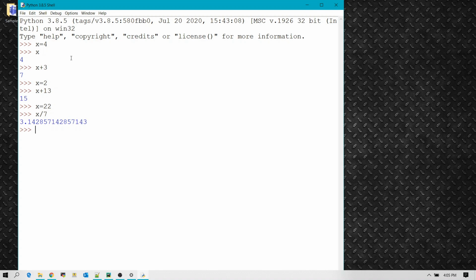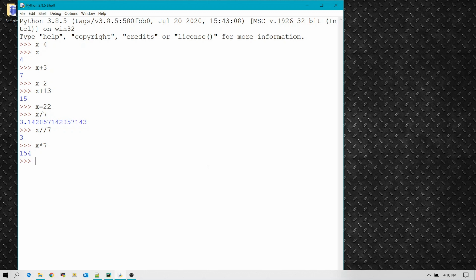So what if we want to have only the value before the decimal, right? So we'll say x double division and then 7, and there you have only the value which is before the decimal. Now let's see if we can do multiplication over it. So let's say x, a multiplication sign, and 7, and let's see what it is going to print. It's 154.